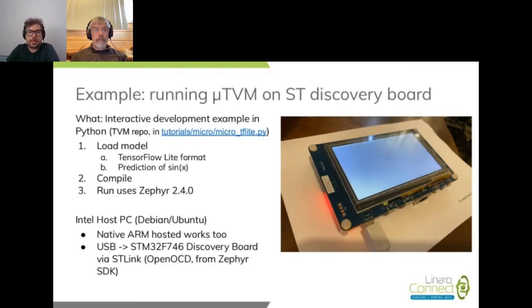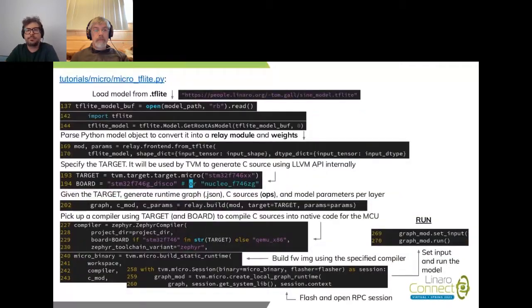And it is found in the repo in tutorials/micro/micro_tflite.py. I just would like to walk through the main parts of that script,